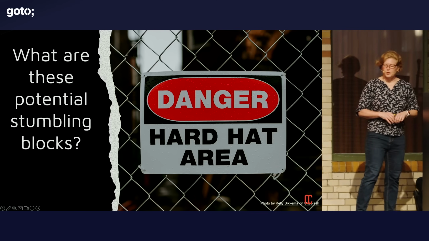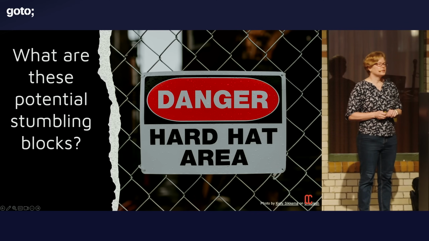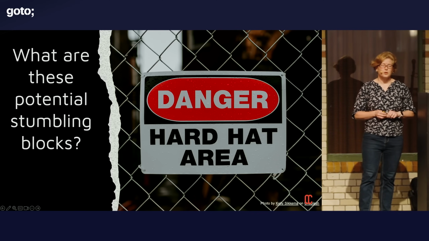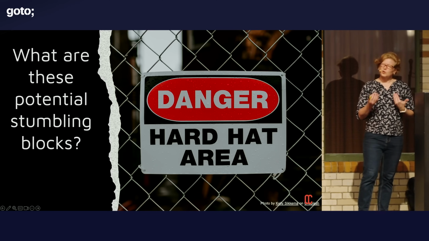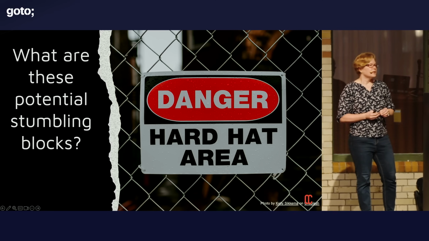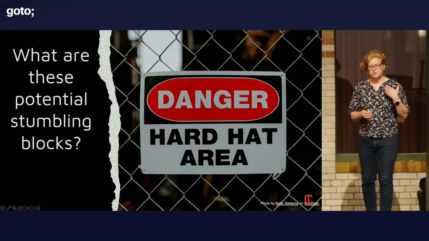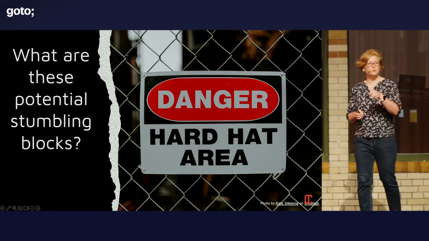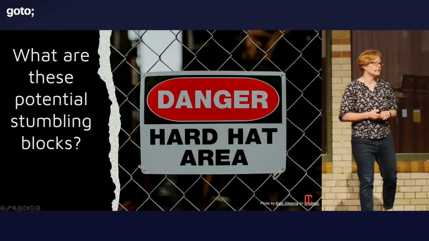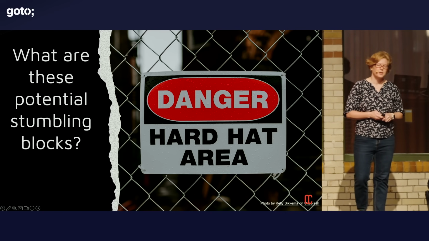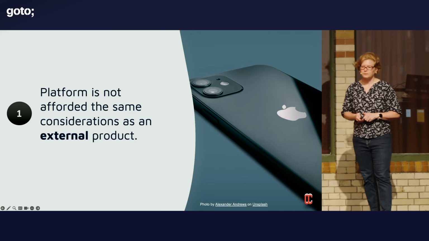But that's great. We now know that product thinking is the way to, platform engineering is the way to go. But the question is, why can't we quite seem to get this right? And this is because we often have some sort of stumbling blocks that we tend to hit when we practically try to implement this concept in our organizations. So let's explore what those are.